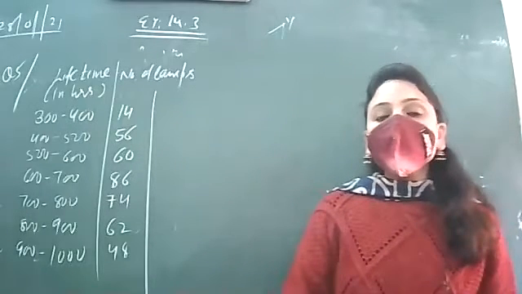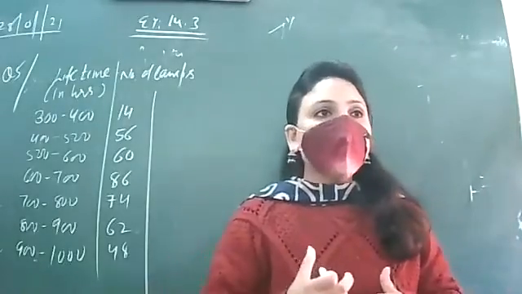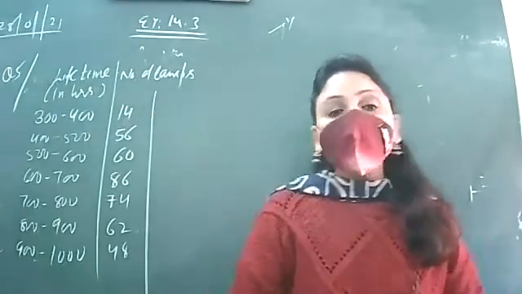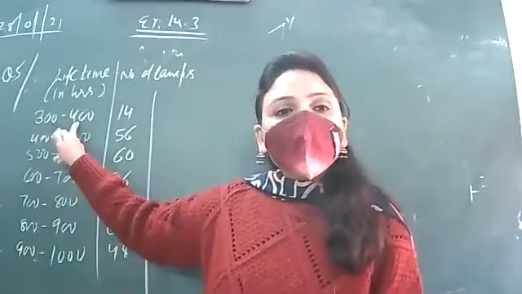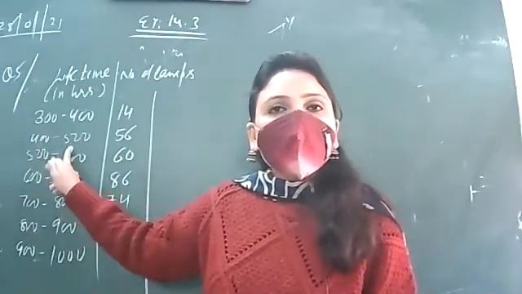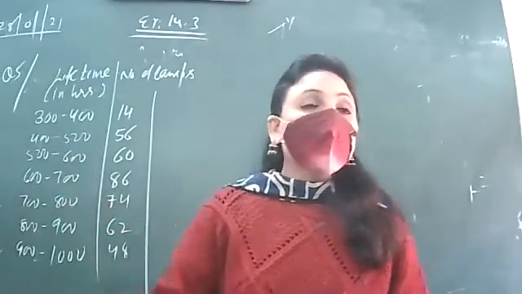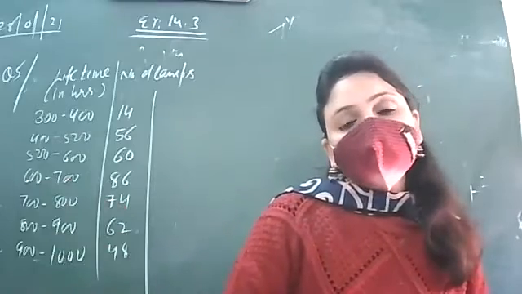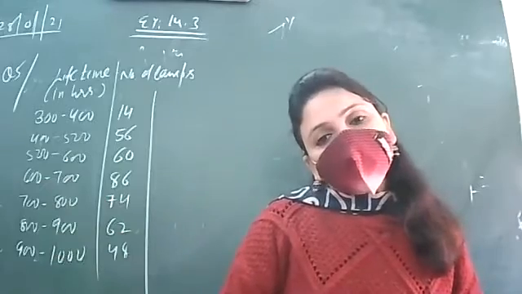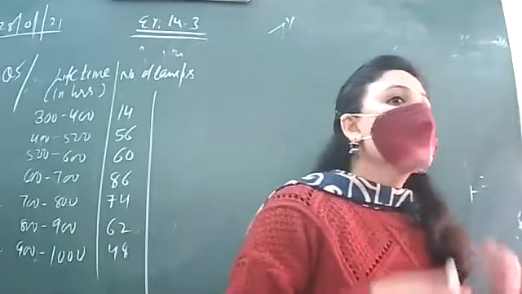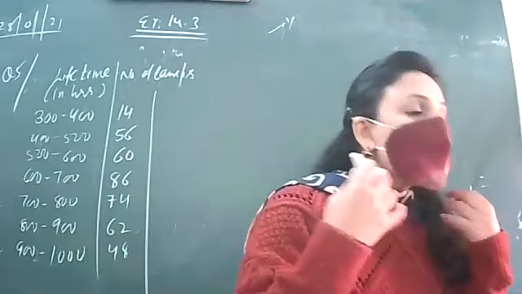So, when we are given the data in the intervals form, which graphical representation? Histogram. We are to draw a histogram. After deciding the type of the graph, we will observe the intervals minutely. 300 to 400, 400 to 500, 500 to 600. That means it is which form of the intervals? Exclusive form of the interval. And when the intervals are in exclusive form, no need to change them. Just start with the drawing of the histogram.